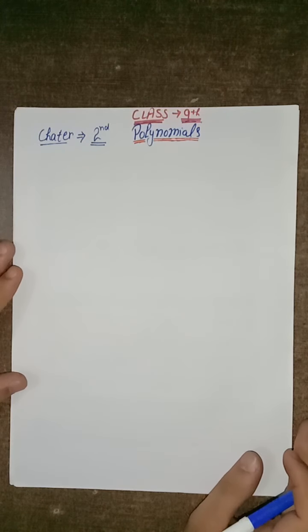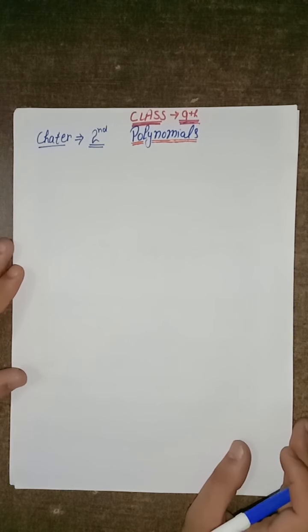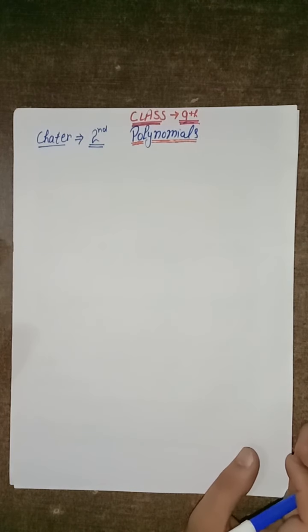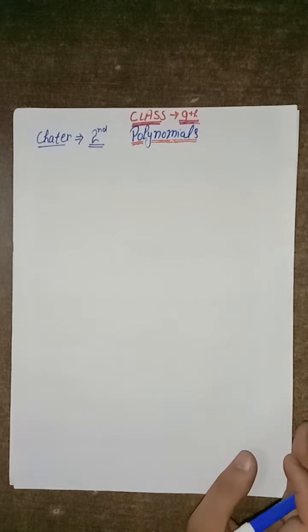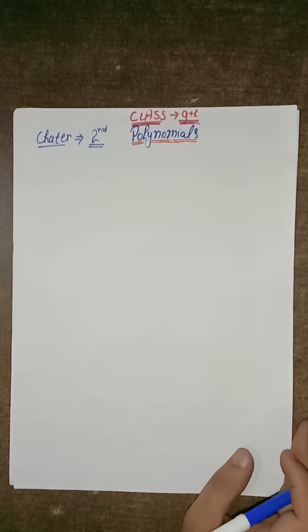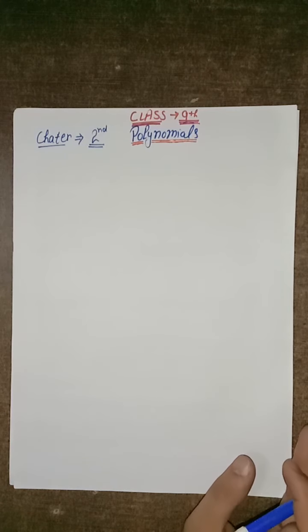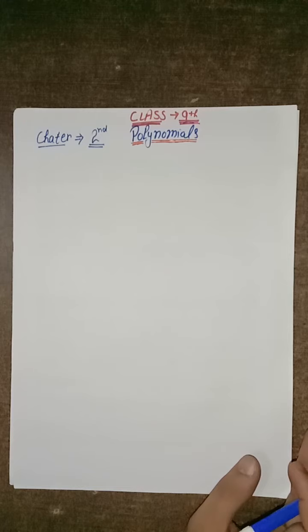Students, we have done with our first chapter, that is number system, and today we will start our second chapter, polynomials. Students, you have already studied algebraic identities, that is (x + y)² = x² + y² + 2xy, and similarly (x - y)² and (x + y)(x - y). I am not going to tell you all the identities. Today we will discuss the basic terminology related to polynomials.